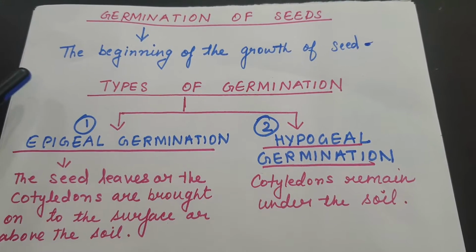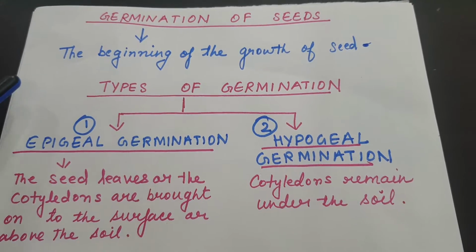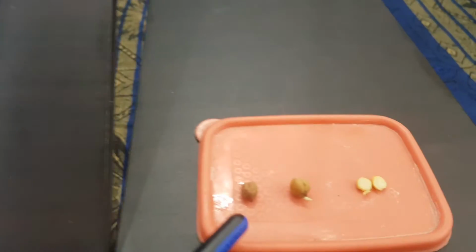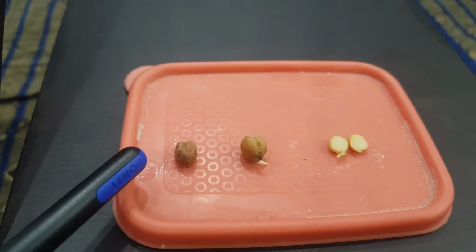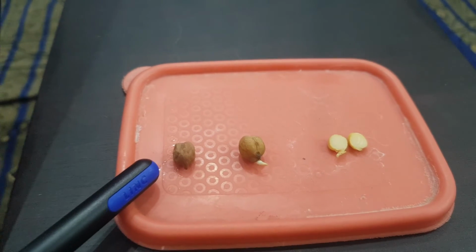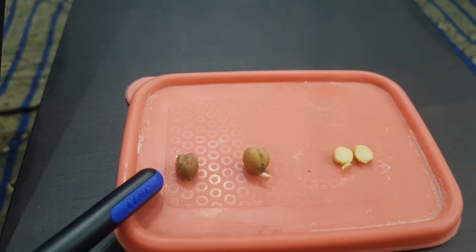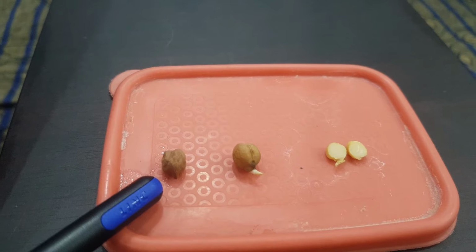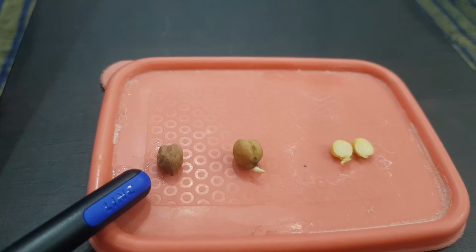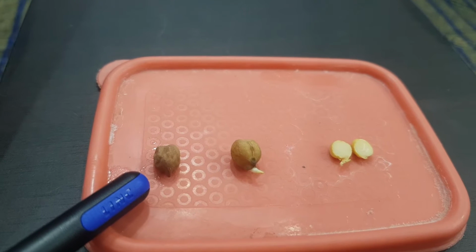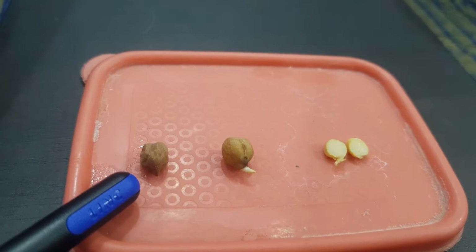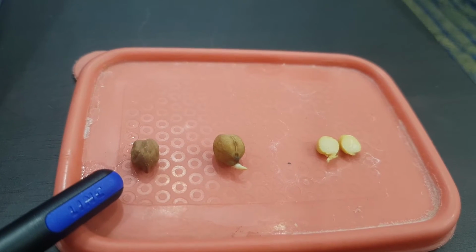The seeds obtained from a plant are usually very dry. Can you see this? Let us come back again here. This is a dry seed. In this dry state, the seeds can remain alive but inactive for long periods. Like this gram seed, you can see at home also. We can store it for months or even for years. They are said to be in dormant state. Dormant state means inactive state.